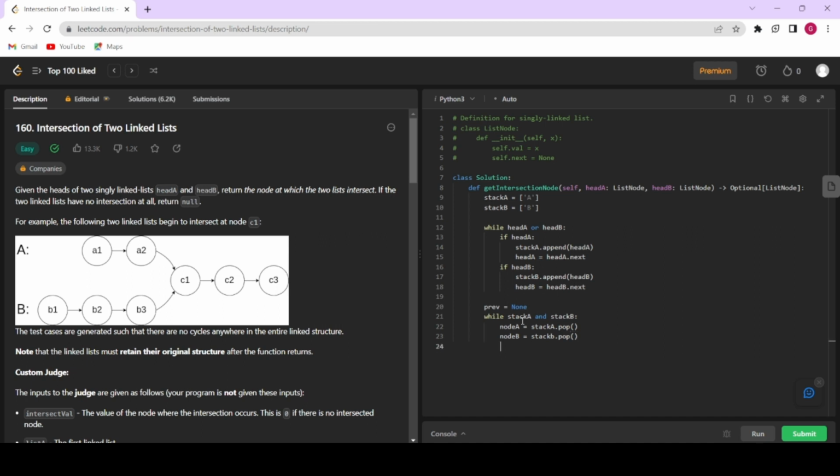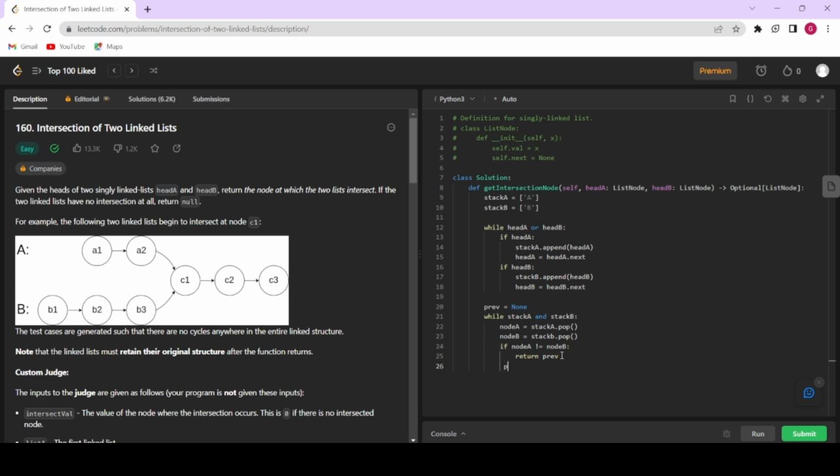Now we will check if our node A is not equal to our node B. So at this point, like A2 and B3, our node A will not be equal to node B, while the popped elements C1, C2, C3 would be the same. So at the point when node A, that is A2, and node B, that is B3, are not equal, we would be returning our previous element,